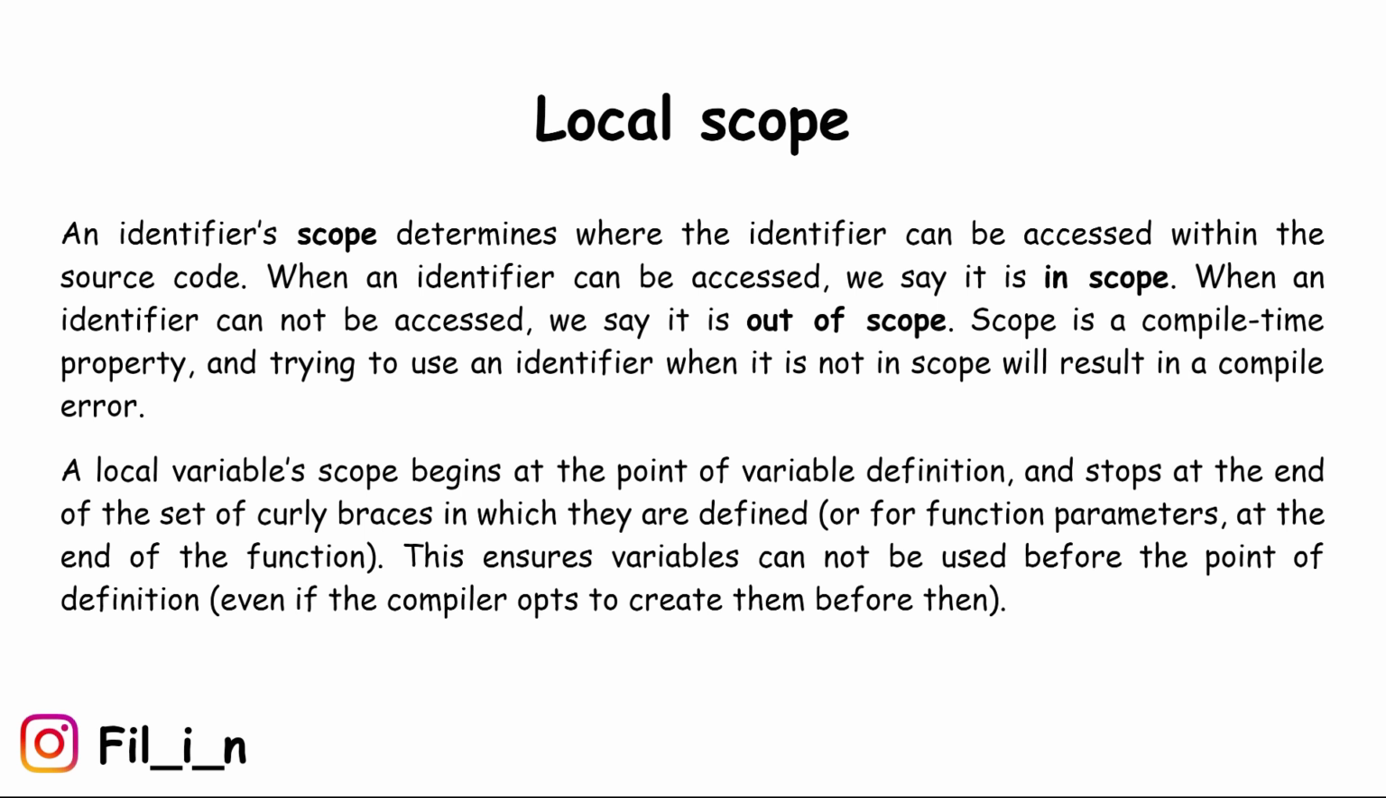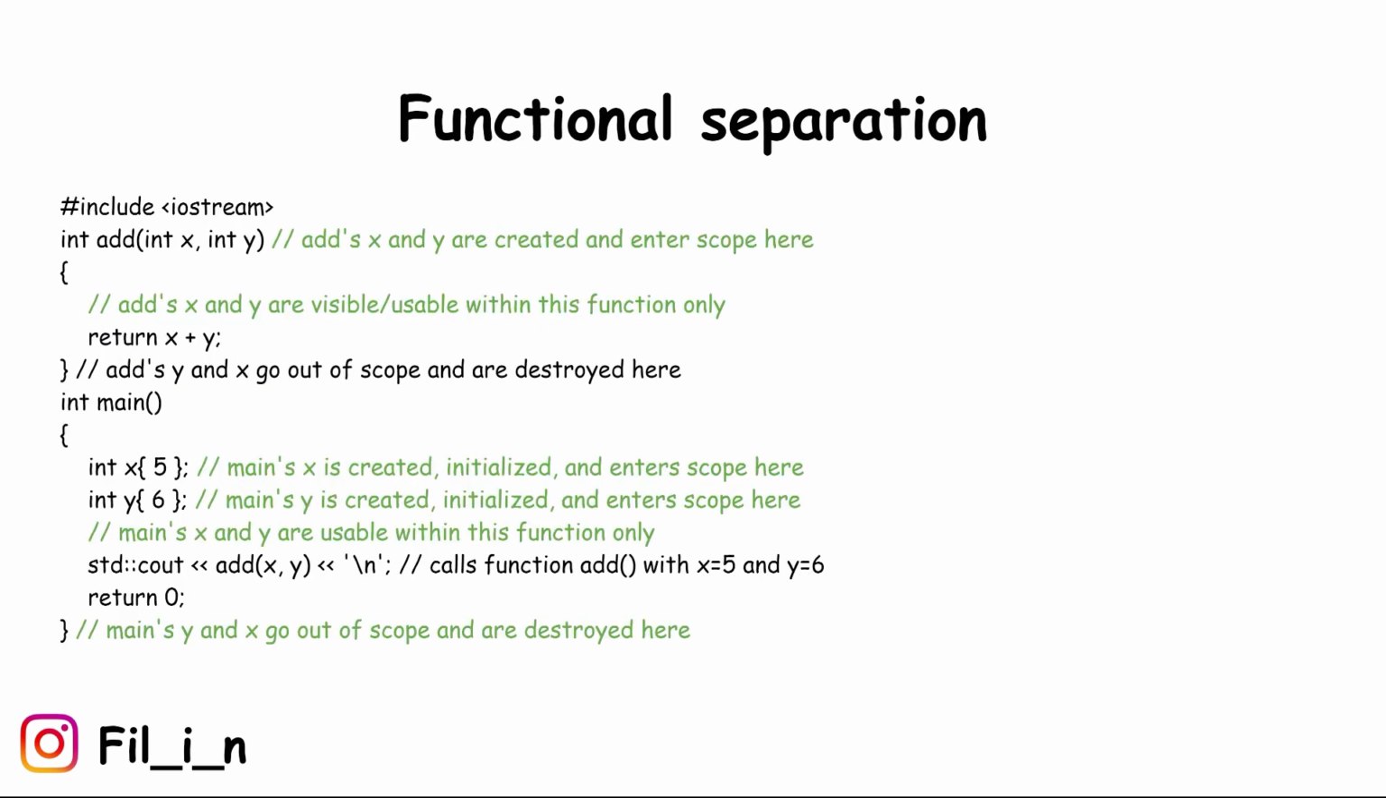A local variable's scope begins at the point of variable definition, and stops at the end of the set of curly braces in which they are defined, or for function parameters, at the end of the function. This ensures variables cannot be used before the point of definition, even if the compiler opts to create them before then. #include int add(int x, int y) // add's x and y are created and enter scope here